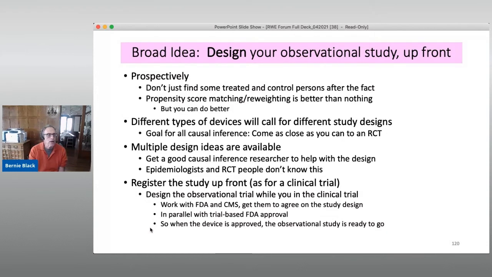And one thing I would now add, in response to Sebastian, is once you've done your observational study, have someone else try to replicate it. Go get Sebastian to replicate your study and see if it actually replicates. Because what we've learned in many areas is maybe they do, and maybe they don't. And if I were going to try to replicate one of these observational studies, I'd say, FDA and CMS, you go pick the researchers. I don't want the manufacturer to pick the researcher to do the replication. You go pick somebody who you're convinced is totally independent, get them the data, and let's see what replicates and what doesn't. Thank you.